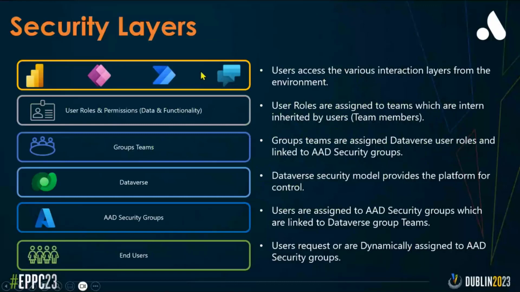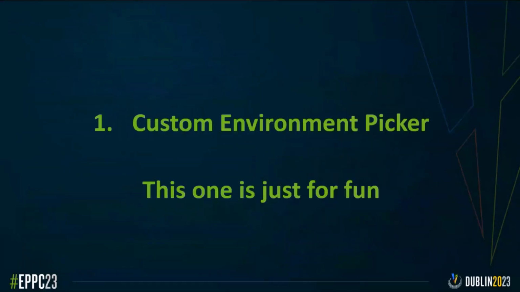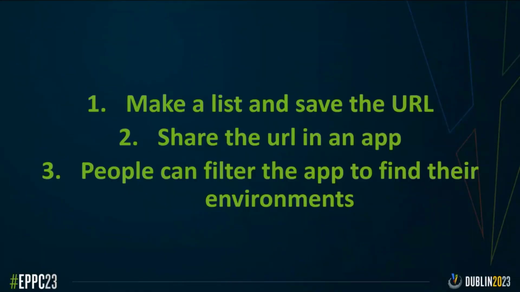We decided that using groups teams, we would have a massive control center in Azure, making sure that those users behave themselves. And then we thought, actually, you know what? If you go into the Center of Excellence starter kit and you look in that model-driven app, what can you get? You get the environment URL. Interesting. So we made a custom environment picker. I'm going to show you a very bad version of this today.